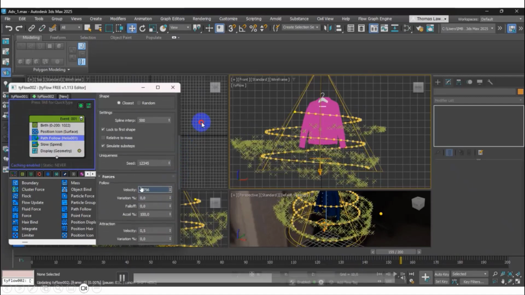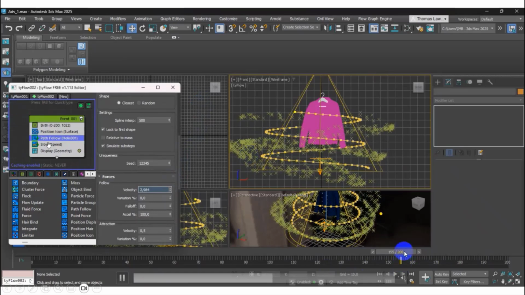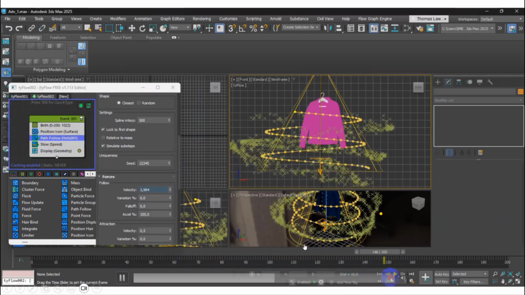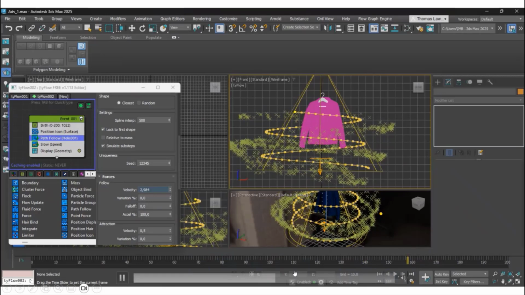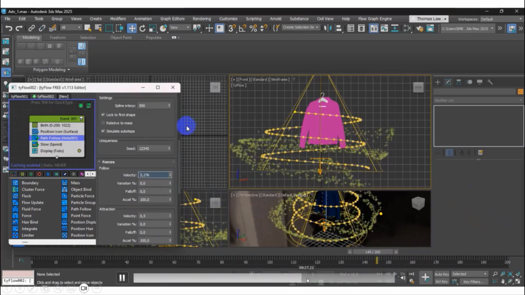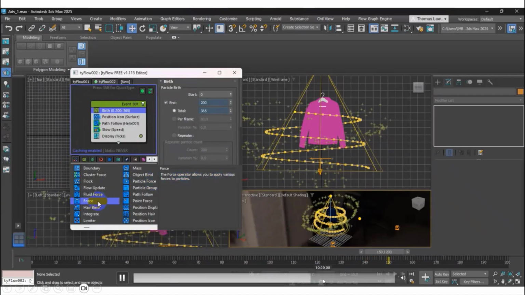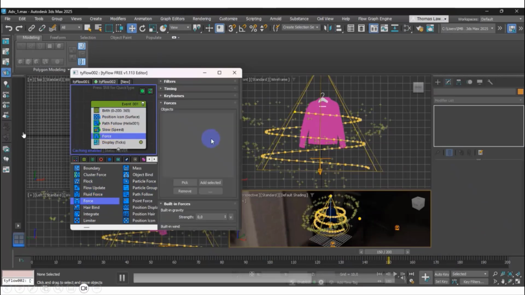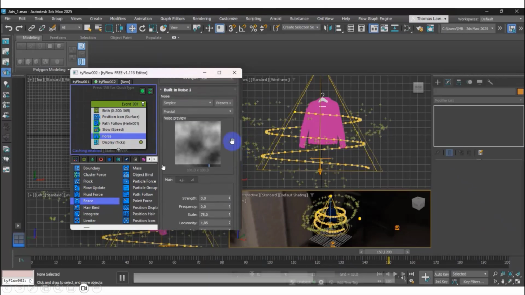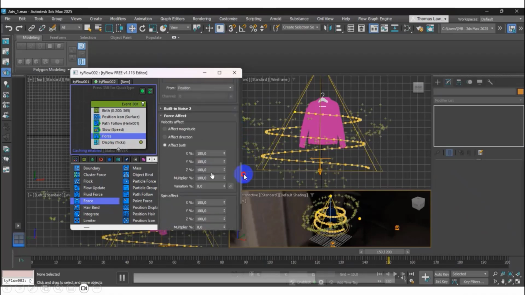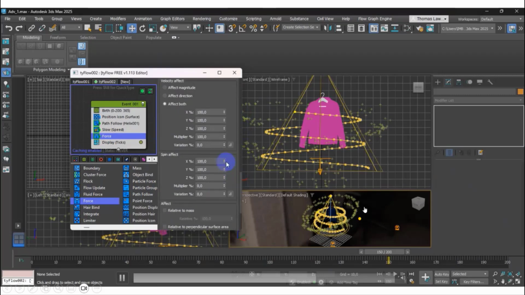Don't forget, this is the force. Inside the path you can get the force. They also have the force. So let's say the particle is round. After you adjust the particle, let's say I think we need to put another force, no problem. To put another force, there are options between fractal or noise. This will impact the movement of the object, the particle.